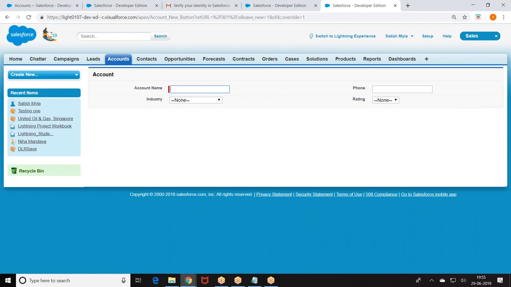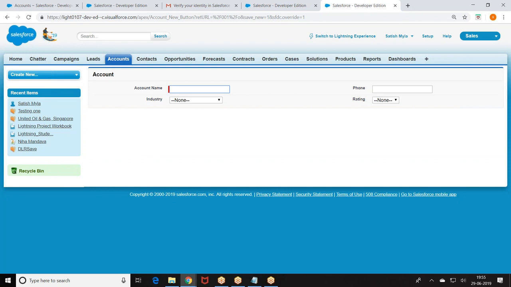I don't want the page to be in this format. I want this page to open like a Lightning format. The look and feel should be like Lightning. When I click on the button, my custom page is opening, but the look and feel of this page should be in the form of Lightning. The look and feel of this component should be in the form of Lightning. Then what will you do? Now I have not migrated this application to Lightning. It is still classic, but whatever custom functionalities I am building should open in the form of Lightning.